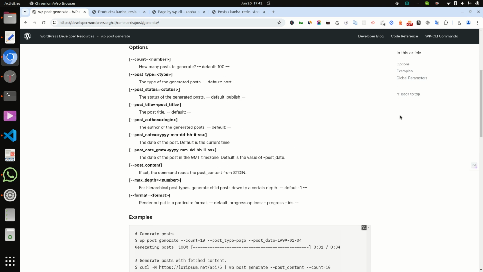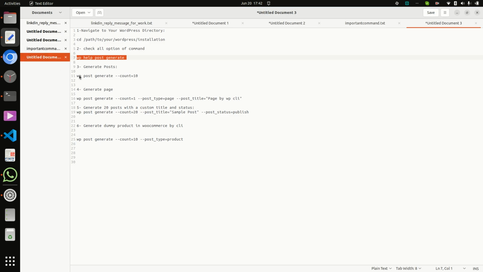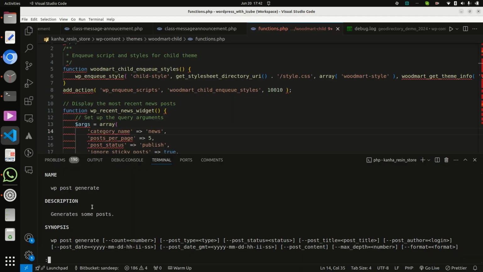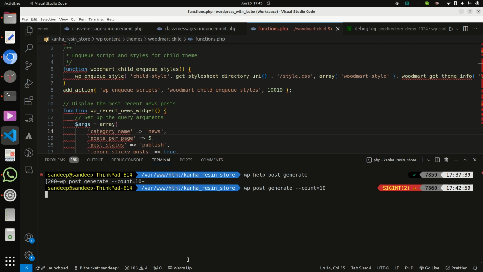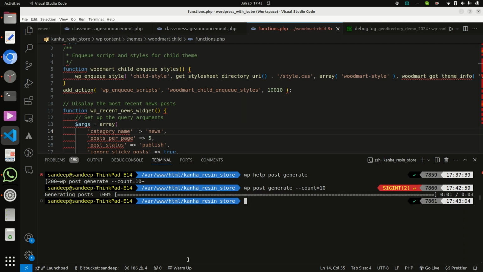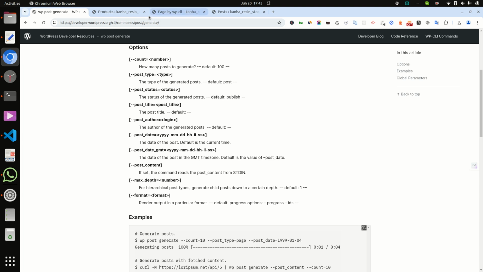So now we generate a simple post. For that, wp post generate with --count=10. First we press Control C, and then wp post generate --count=10. Now let's check.